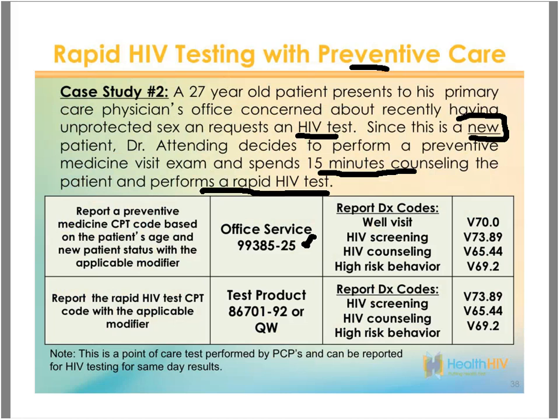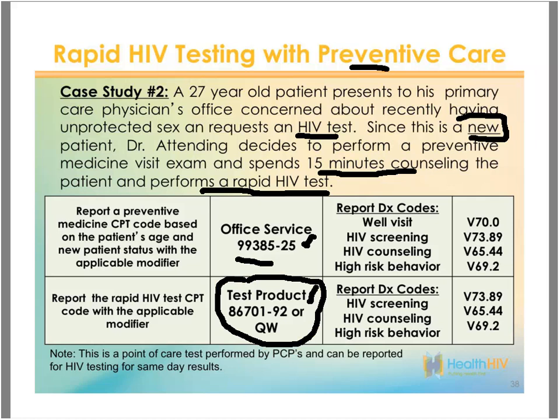So here are the two CPT codes. And in this encounter, if you'll notice, there's a modifier. The reason for the modifier is because another service, the modifier 25, says that during an E&M encounter, another service was performed. So here's the other service. And in this particular section, the